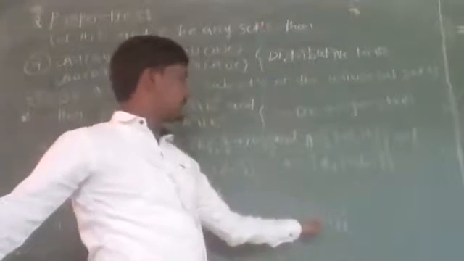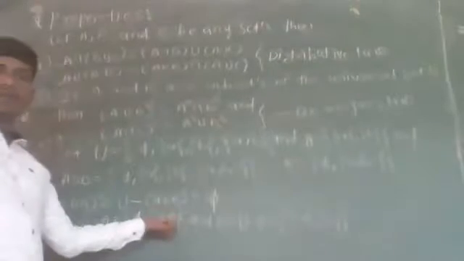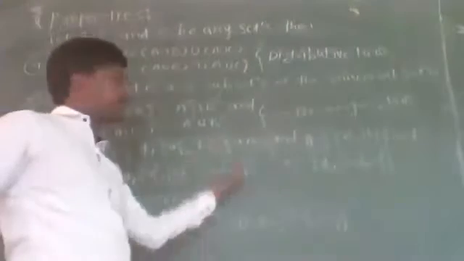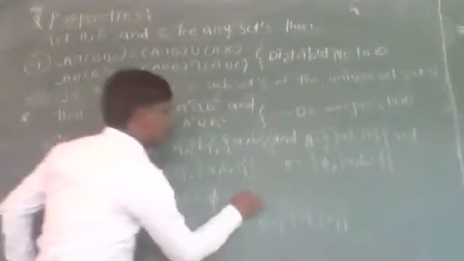Now, A complement intersection B complement. There is no element common between these two sets. One contains singleton A, singleton B, and the other contains phi and doubleton AB. Therefore, there is no element common between them, so A complement intersection B complement will be phi. As from these two, 1 and 2, the right hand sides will be equal, then the left hand side must be equal. So this one is true.